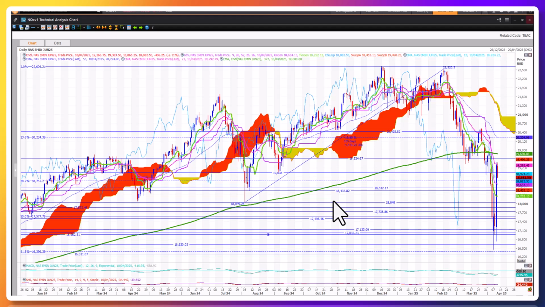Good morning, traders. Richard here doing a quick Ichimoku Cloud Chart market update on the Nasdaq 100 E-minis futures contract. What a strong rebound rally we had yesterday when Trump put a bit of a hold on the tariffs. Now, just to put things in perspective, at the last update we were in and around these downside targets,